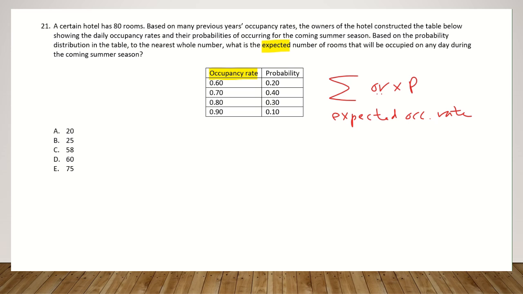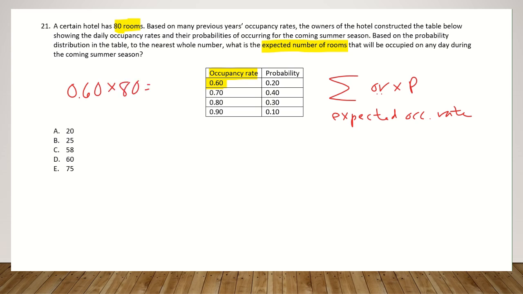Okay, now the problem asks us to get the expected number of rooms. So how do you get from the expected occupancy rate to the expected number of rooms? An occupancy rate is like a percentage that tells you what percent of rooms are occupied, right? So for example, in this first data, the occupancy rate of 0.60 means that 60% of the rooms are occupied. There are 80 rooms total. If you wanted to calculate the actual number of rooms, you would do the 60% times the 80 rooms